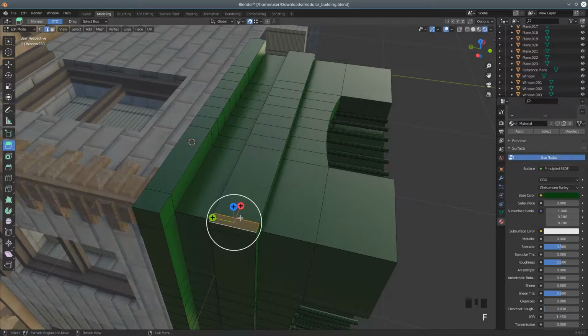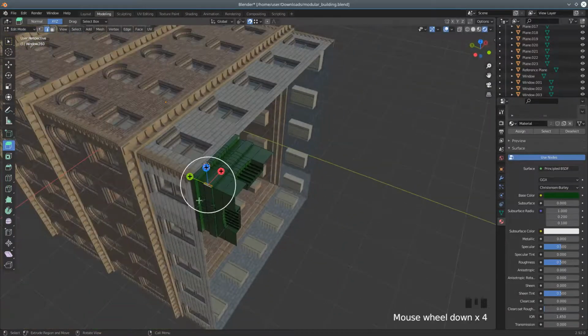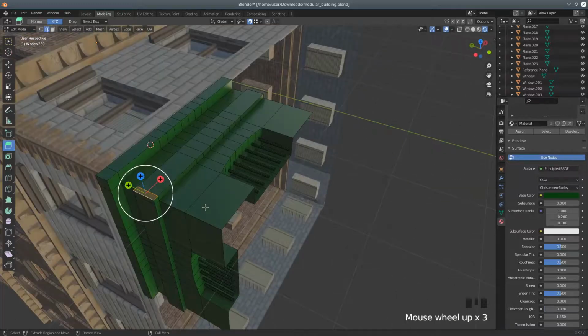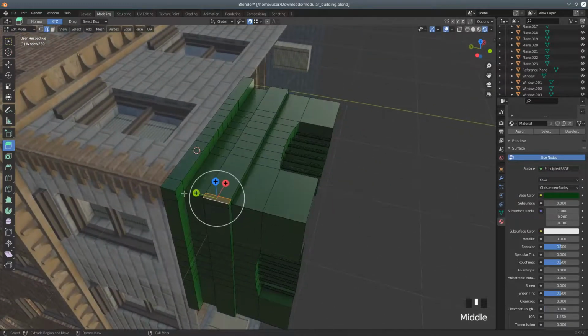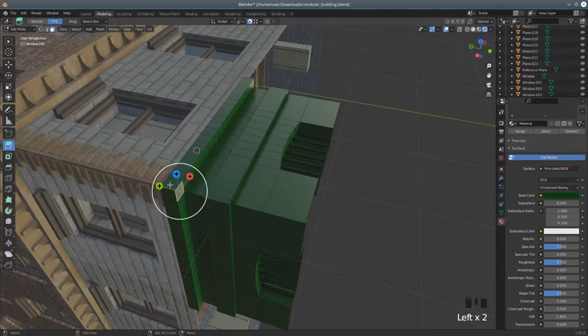We can just say F for face. Now actually what we want to do is we want to separate those out, so just into their own